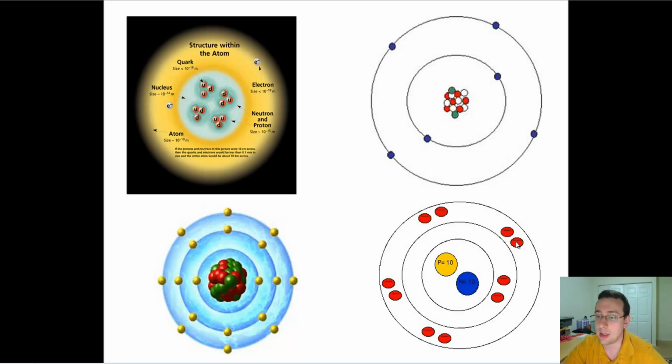Now we're going to talk about chemical reactions and why atoms actually form these molecules that we talked about, or compounds, or pure substances, or whatever. Now remember the basic structure of the atom. It's got a nucleus, which is going to have protons and neutrons inside of it, each made of quarks held together by the strong force, and then the whole nucleus is held together by the residual strong force, and then the atom is held together by electromagnetism because the negative electrons are attracted to the positive nucleus and by electromagnetic